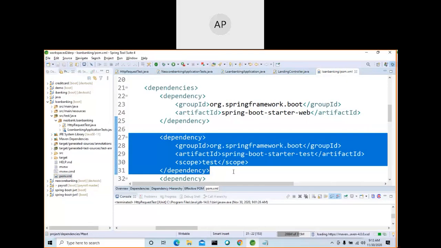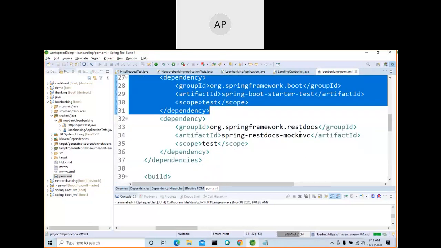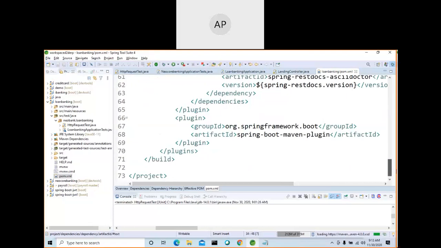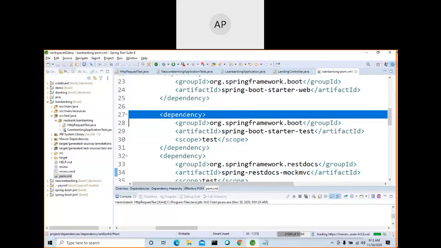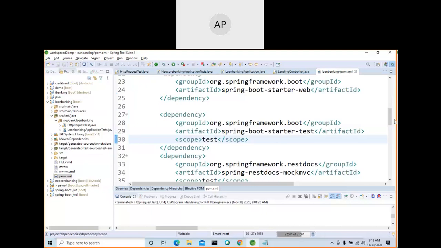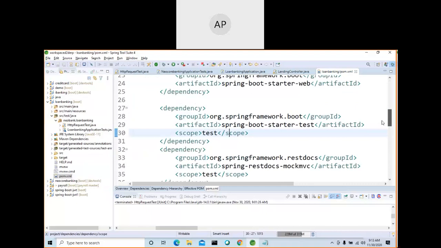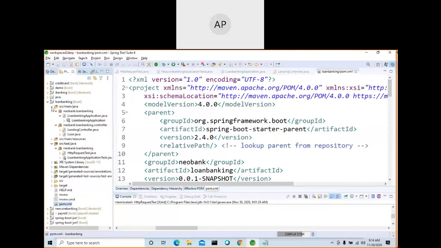and if you want to use Spring Test, you need this dependency, Spring Boot starter test. So here it's web, then starter test, then this one, mock, I added. These are the dependencies that we need, nothing other than this. When you add this one, you know what dependencies you need in order to integrate Spring Test into your Spring Boot.